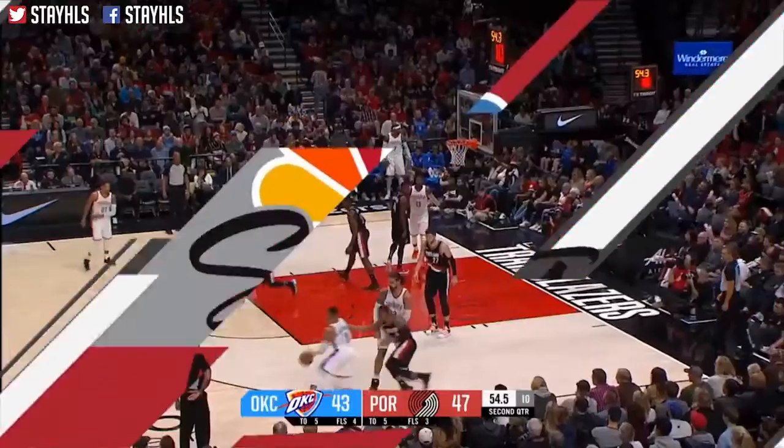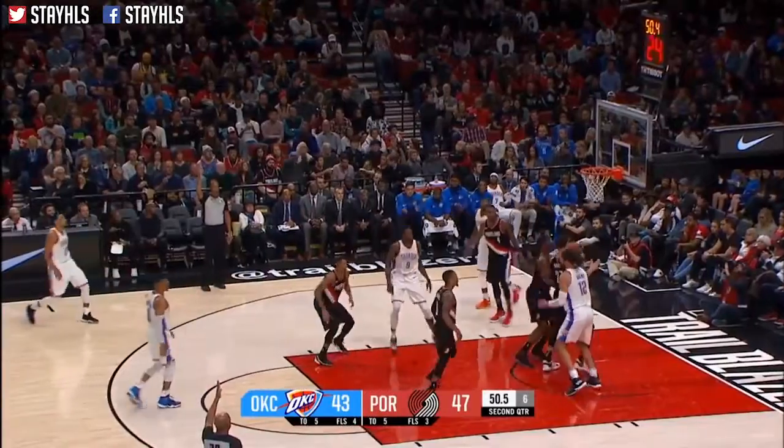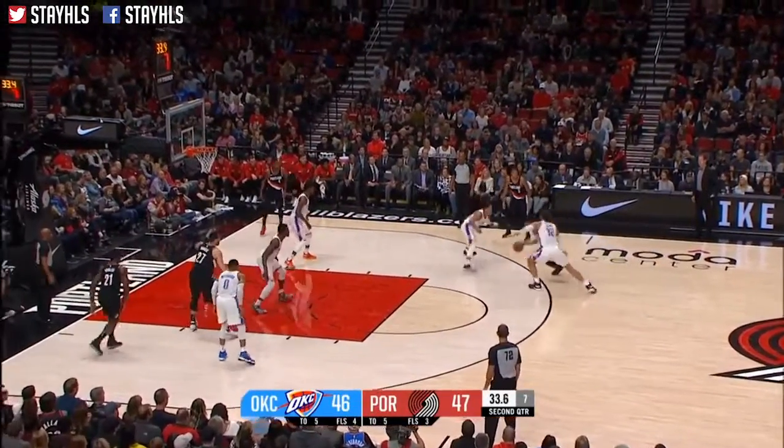Paul George. Big men that are watching, you don't always have to go set a screen. You have to do your job, which means get your defense. He's wide open in the paint, but Dame's got two bigs on him out there, Robertson and Adams. I'm not sure